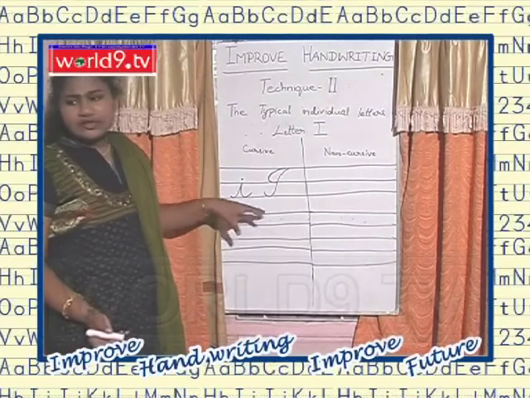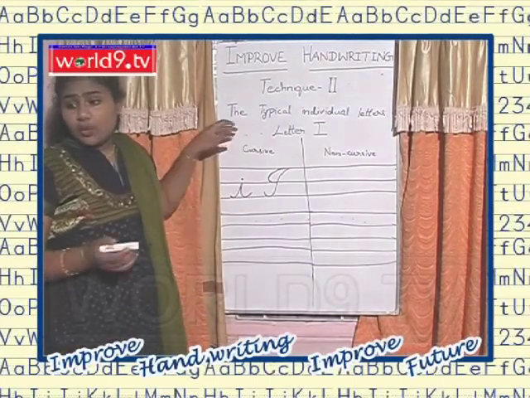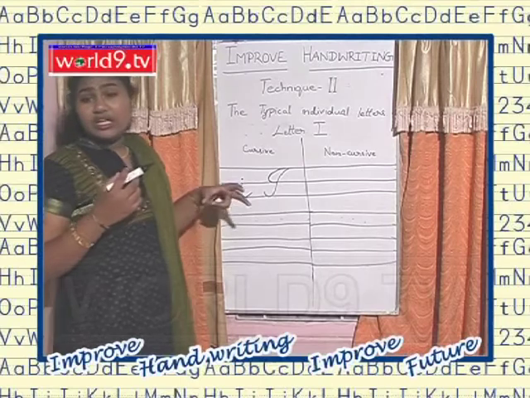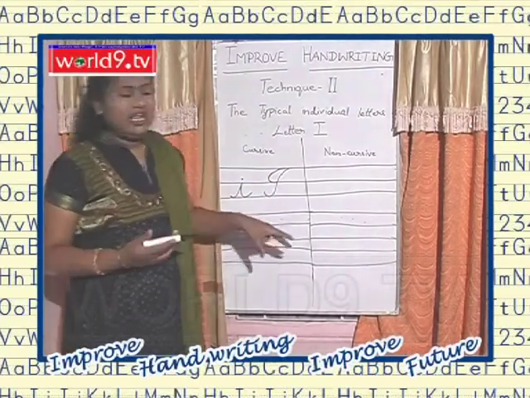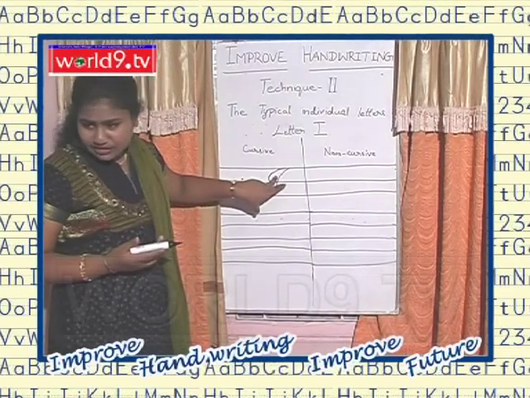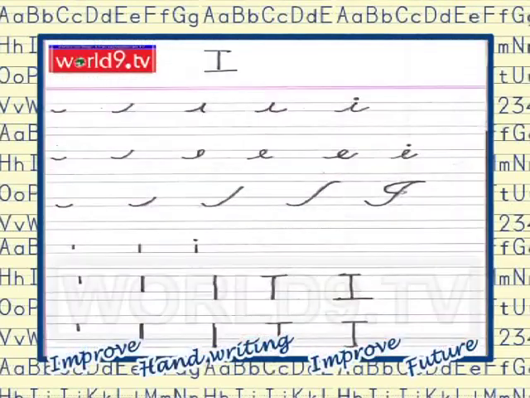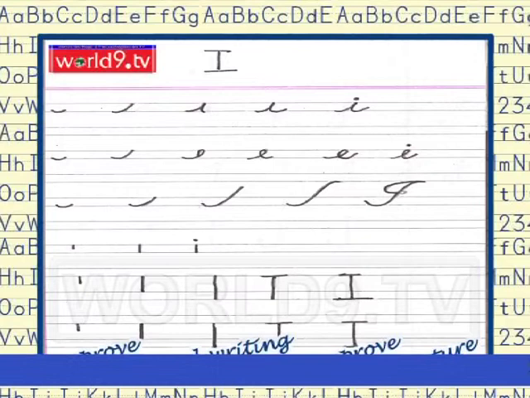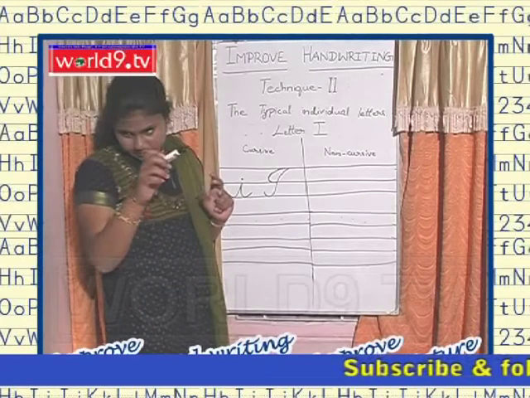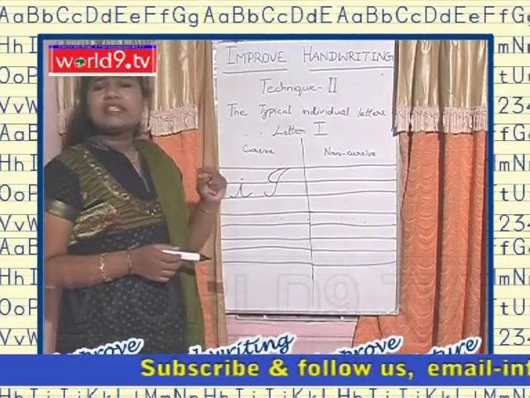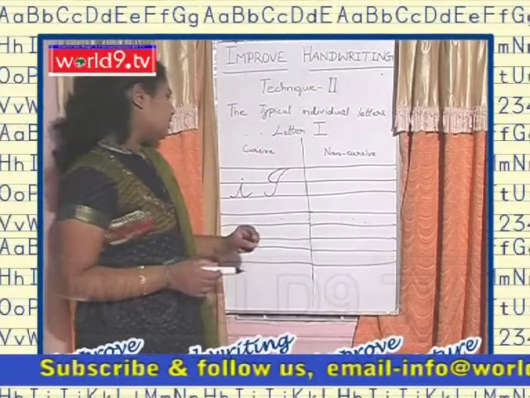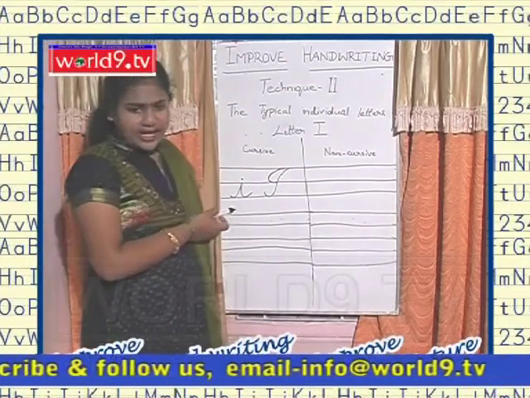See, if you look, you will get one sea animal-like structure. It is looking just like a dolphin. This is like a dolphin wing. You should get that I structure as a dolphin wing and this I body as the dolphin's upper part. It must look the same as a dolphin structure. Okay, this is cursive I.